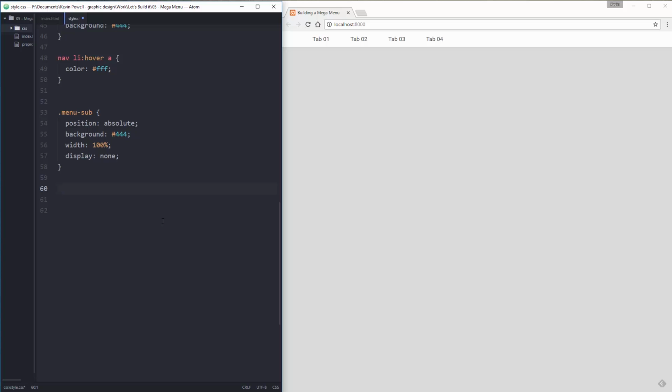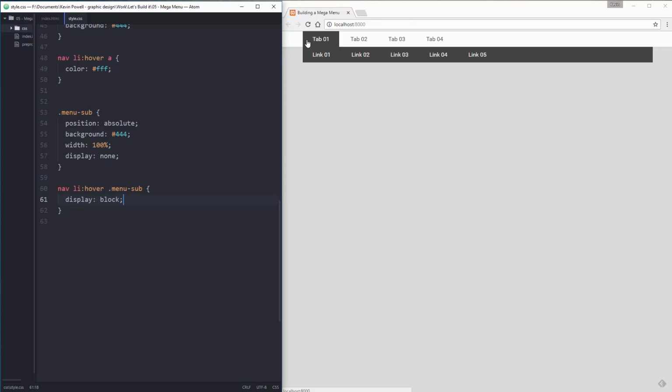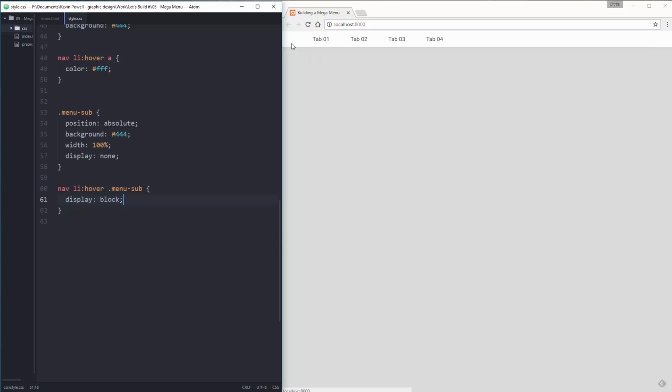I'm going to say my nav li hover. So when I hover on top of a list item, I want my menu sub to display block. So we can see right there it worked. I hover on top, and then the display mode of that changes from none to block,